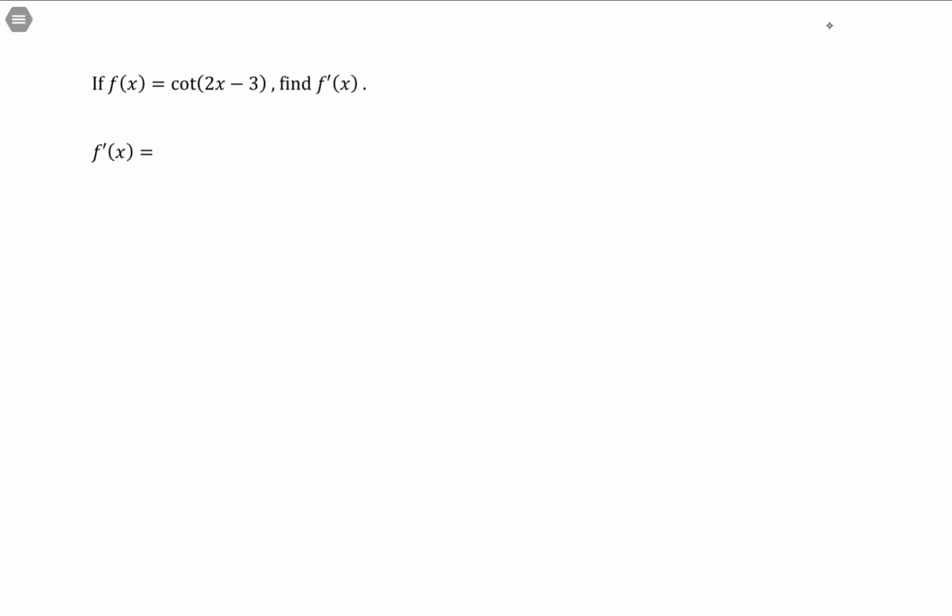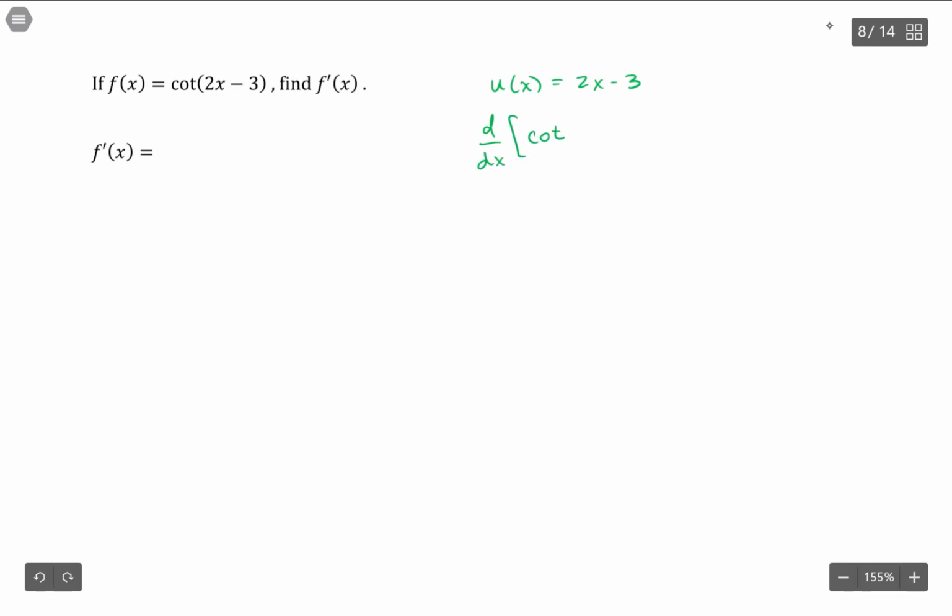If f of x equals cotangent of 2x minus 3, find f prime of x. So the derivative that we want to take is of an outer function, which is cotangent, and an inner function, which is 2x minus 3. So we want to find the derivative with respect to x of our outer function cotangent of our inner function u. And the way we do that is just apply the derivative of cotangent, which is a little tricky one